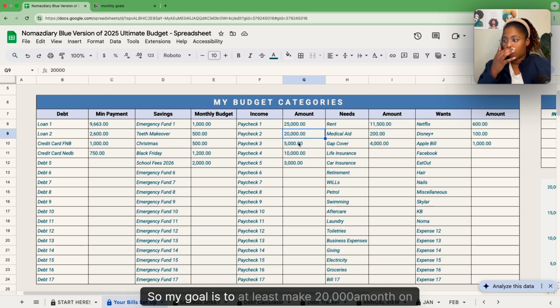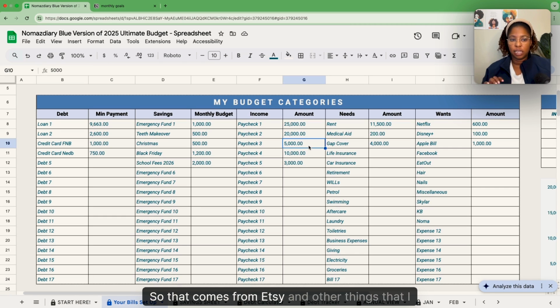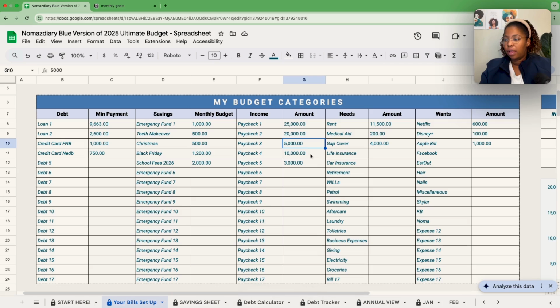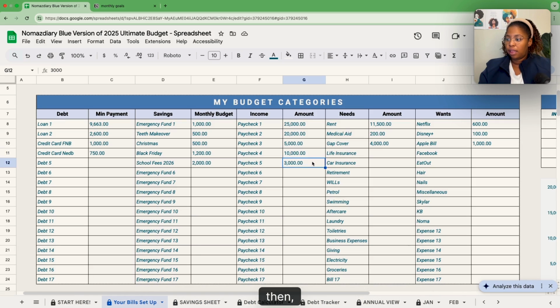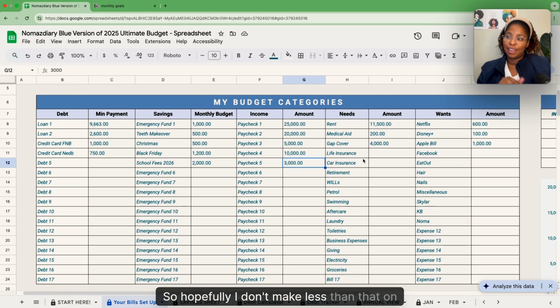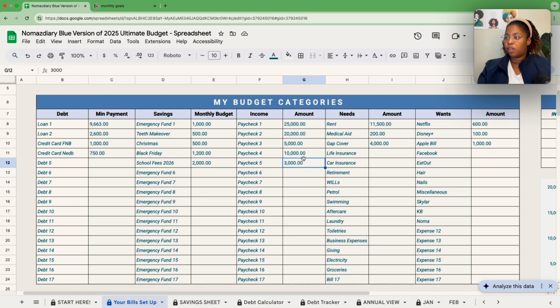So my goal is to at least make 20,000 a month on Nomazdiary. And then 5,000, which comes from Etsy and other things that I also have. And then we've got 10,000, which is part of the contribution from my husband. And then we have 3,000 as well, which is YouTube. So hopefully I don't make less than that on YouTube because it's not been looking good. But I'm going to try my best to be so consistent this month and go back to my 3,000 or more because that helps me